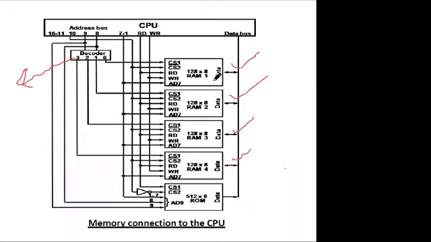architecture. As we have seen, if we want to go for memory expansion of these RAMs, in this example we have connected 4 RAMs in the sequence, and a single ROM has been connected. So 512 cross 8 is the memory capacity of the ROM, whereas 128 cross 8 is the memory capacity of the RAM. Every RAM and ROM has the same number of data lines connected, but the addressing capacity has changed.